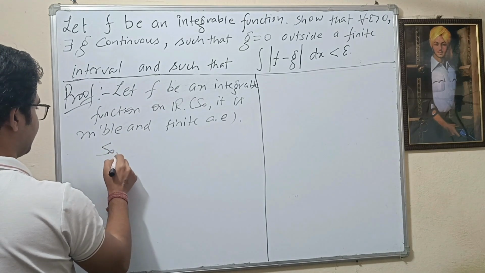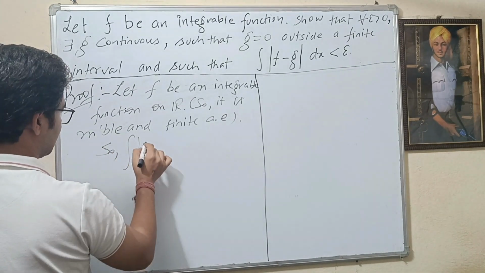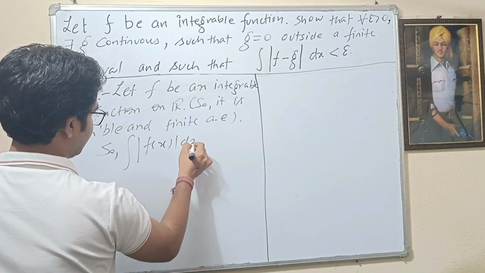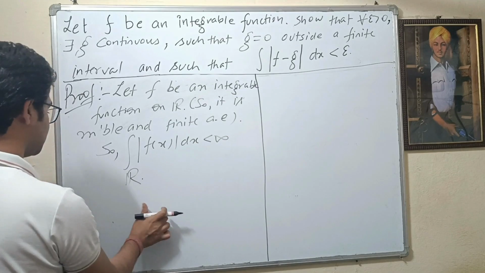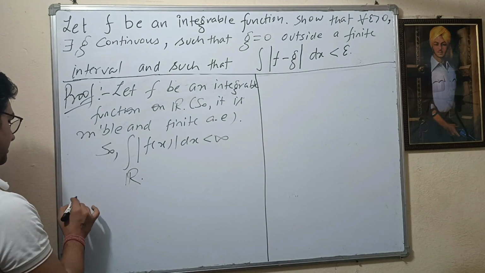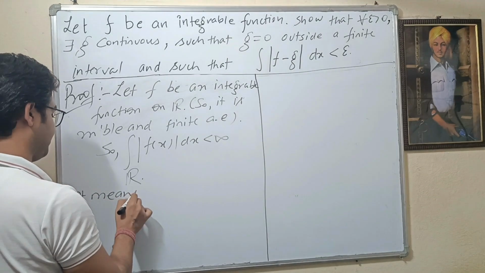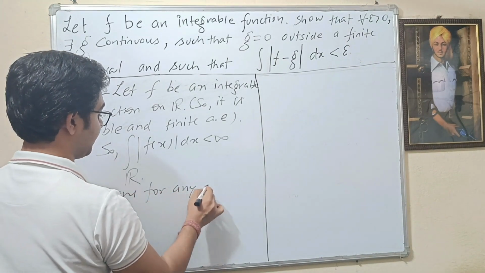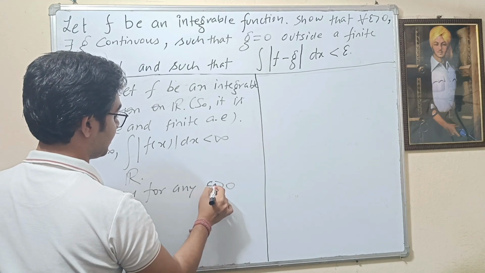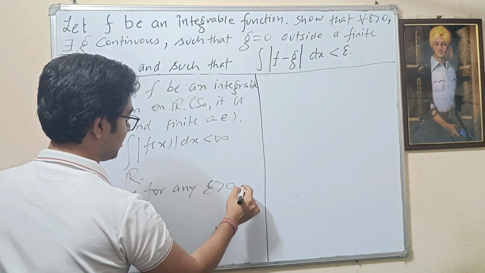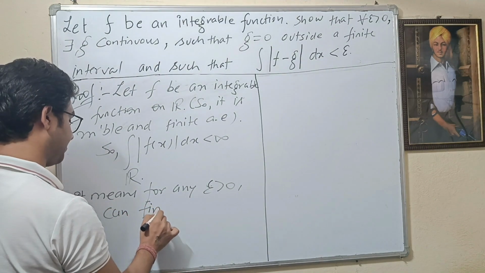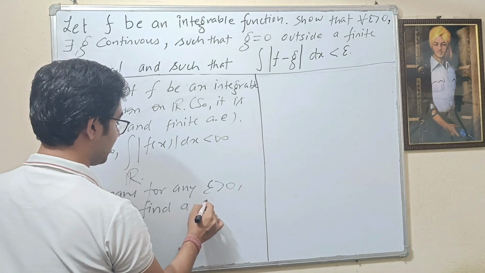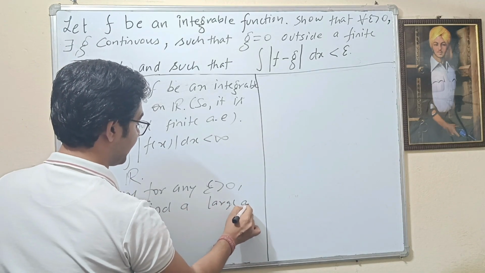So the integral of mod f(x) dx is finite over the whole real line. So it means that for any epsilon greater than 0, we can find a large and finite